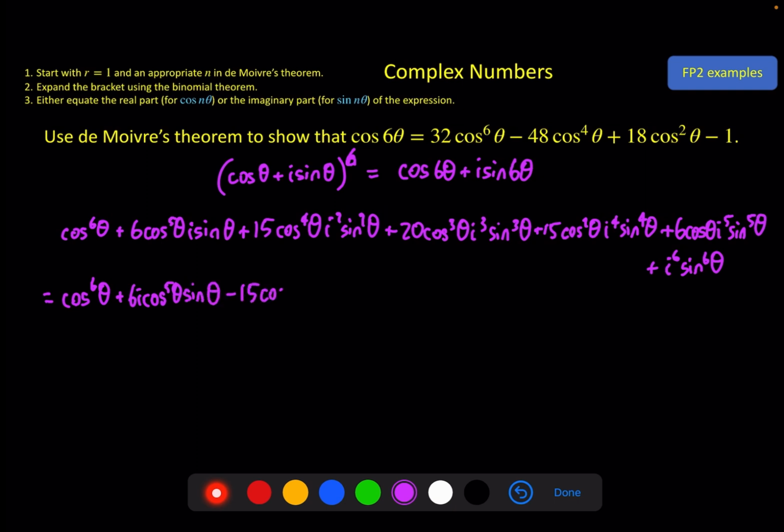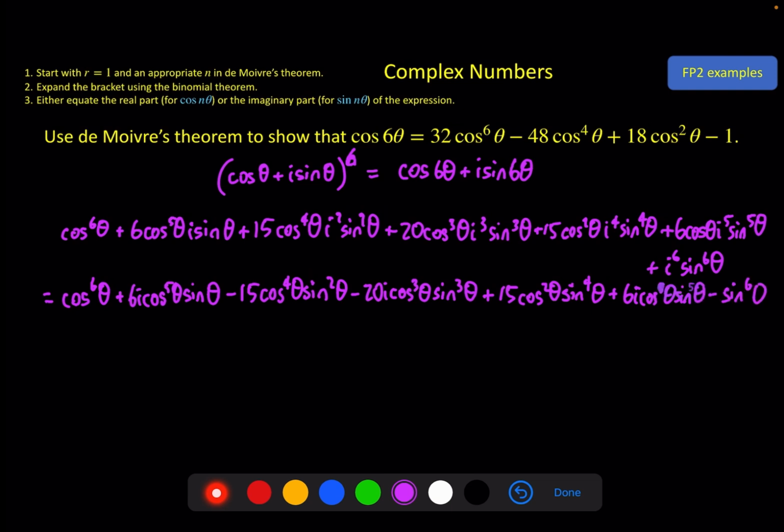minus 15 cos power 4 theta sine squared theta minus 20i cos cubed theta sine cubed theta plus 15 cos squared theta sine power 4 theta plus 6i cos power 5 theta sine theta minus sine power 6 theta. Now we can equate the real part of this expression with the real part of the right hand side of this equation,